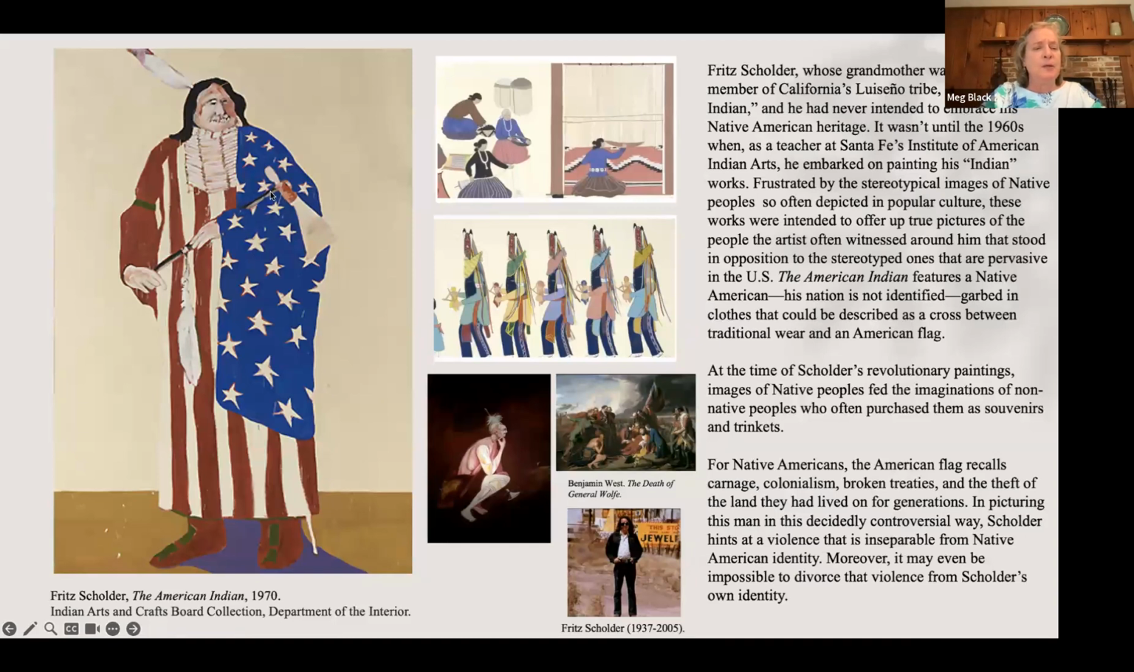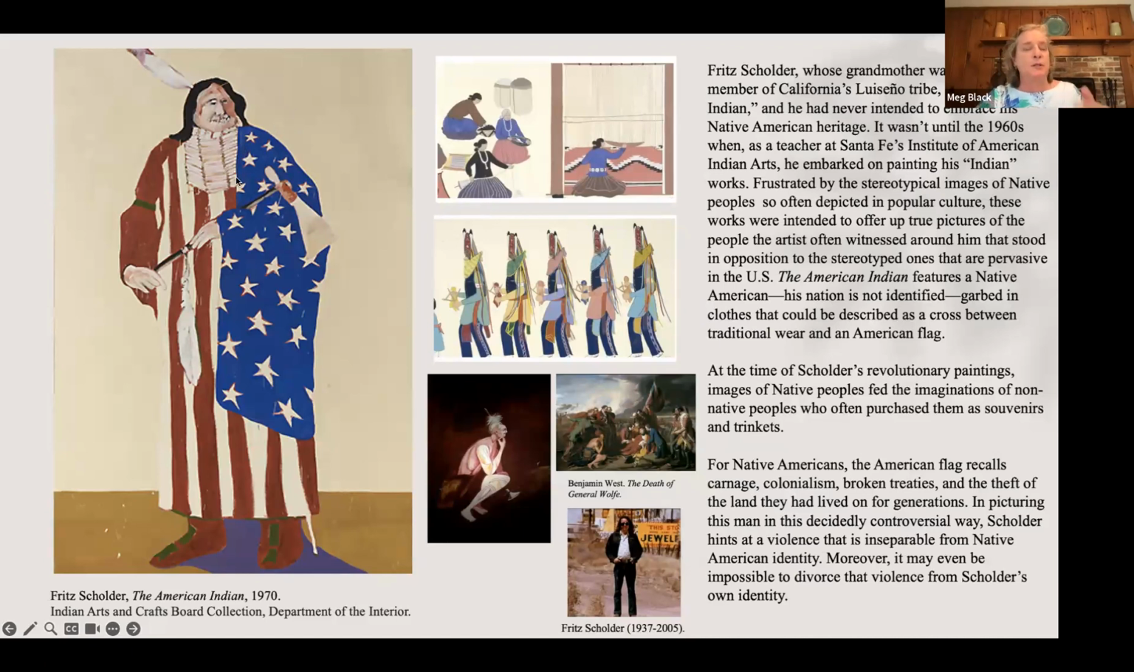Again, it's very ambiguous. We see this man wrapped in the American flag, but he also has his boots made of probably deer leather, deerskin. And then we see him with his undergarb, it's much more traditional. In fact, here we see him with his tooth necklace. So the idea is it's this tension between Native Americans and